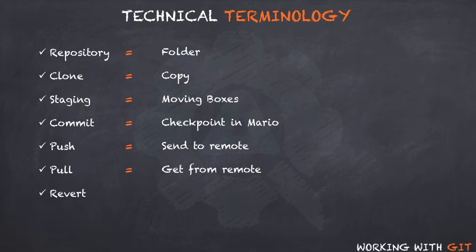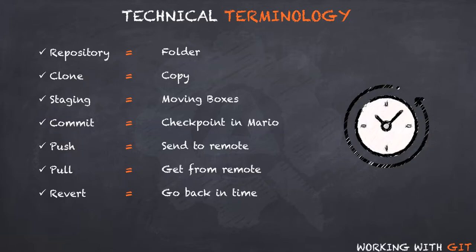Another word that we would be using is revert. We have already heard this word a couple of times in previous videos. The literal meaning of this word is return to, and it means the same in Git. We use this word when we want to go back in time to a particular commit. Reverting a project to a particular commit just means that we are changing all the contents back to how they were in that commit. This often helps us for root cause analysis and other forensics as well.